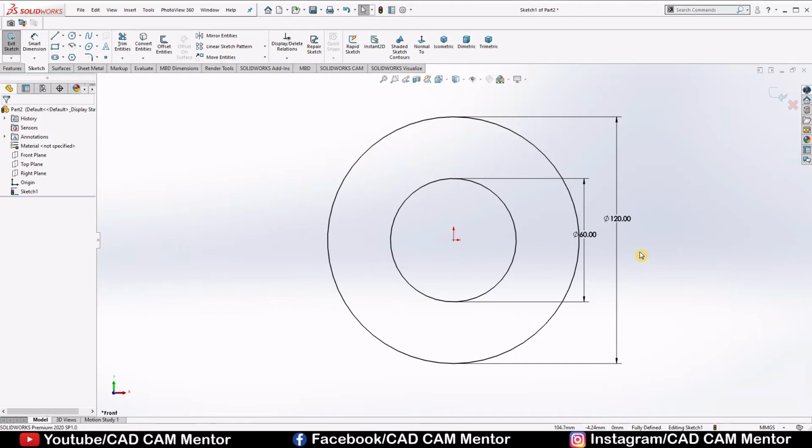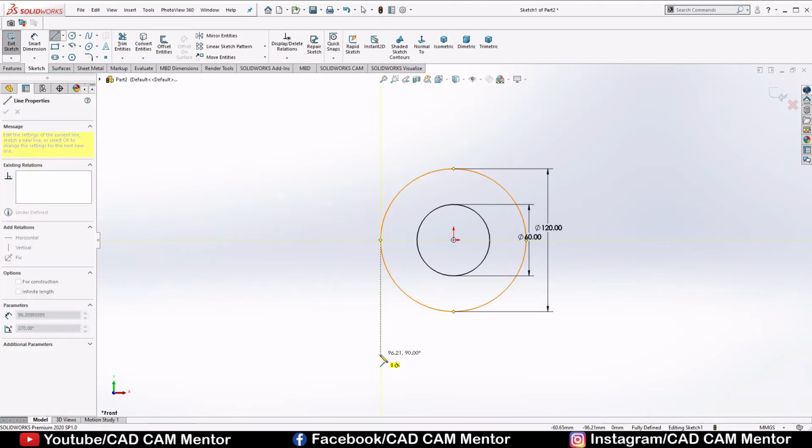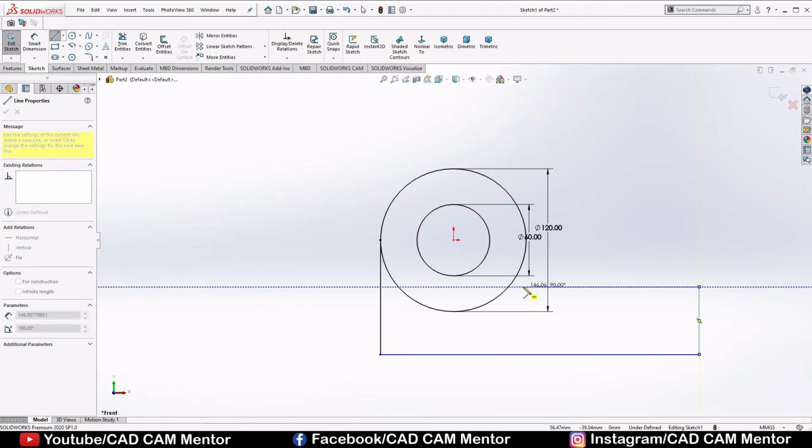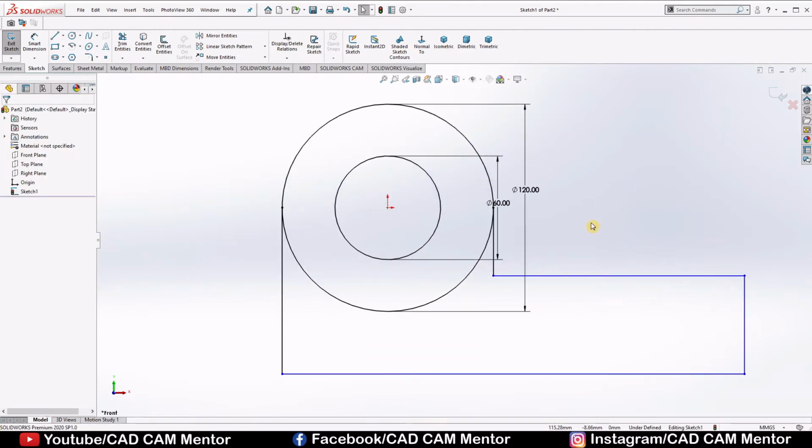Now select line, and we'll draw that shape here. Again select smart dimension.